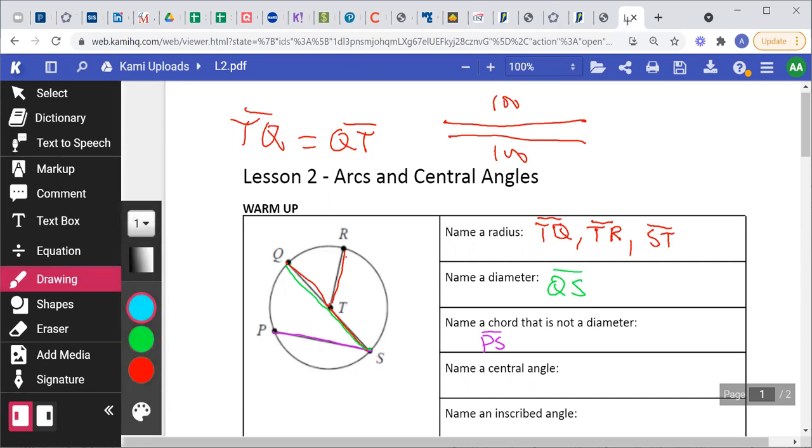We have the first one, which is when you join these two radii together, we have a central angle here because the vertex is T. So the central angle is angle RTQ. RTQ and QTR are the same, okay? And we also have another central angle here, which is when you move from R to T, then to S. This angle formed here is also a central angle. Always, if you are putting an angle measurement, make sure you put the angle symbol before